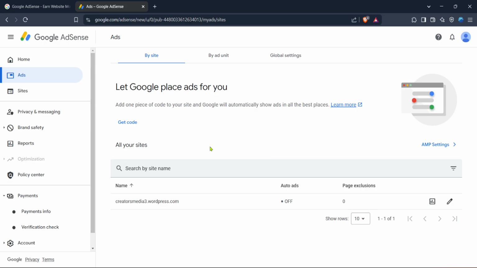appear. Once you've clicked on ads, you'll have the option to customize them further. You can select the style, size, and type of ads you want to display, tailoring them to fit your website's design seamlessly. Remember, the goal is to make the ads look natural within your site so they don't disrupt the